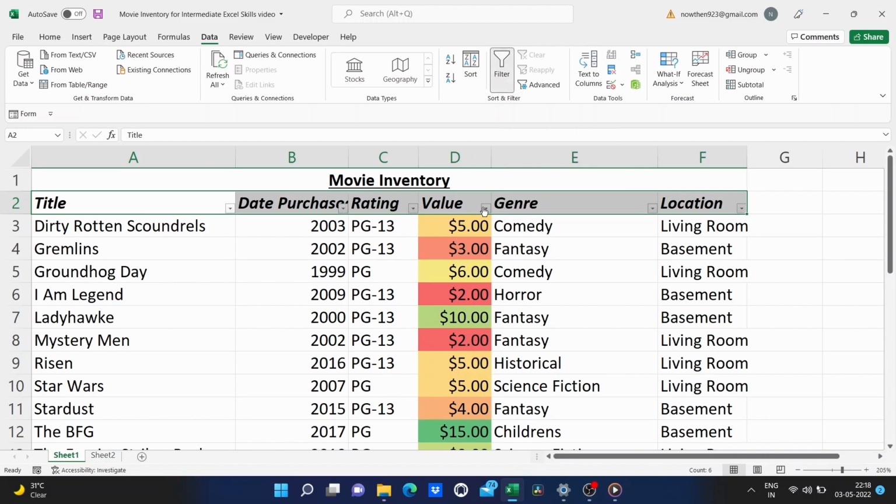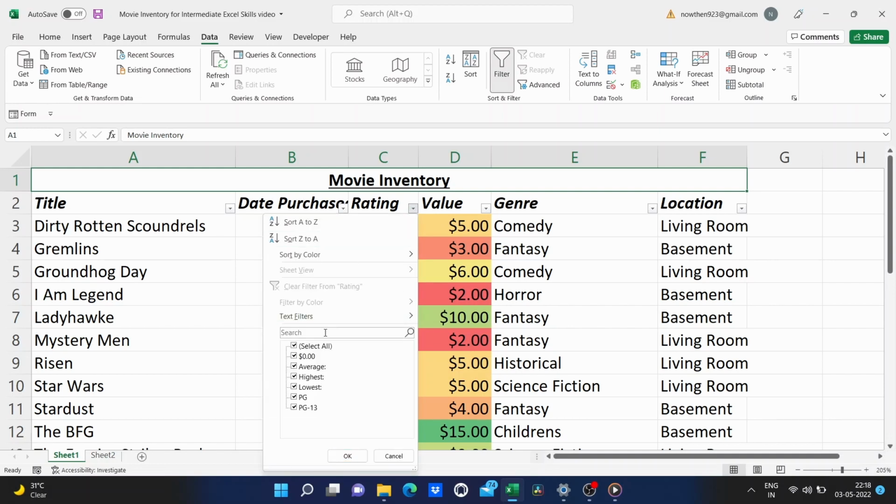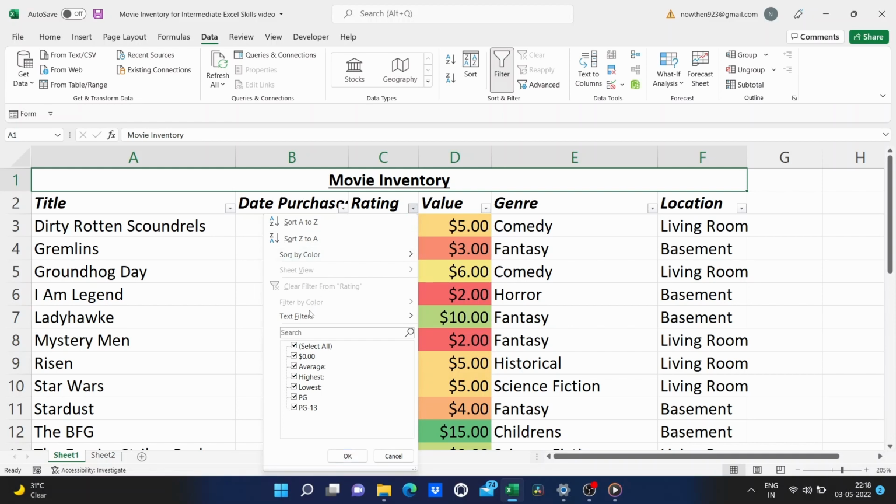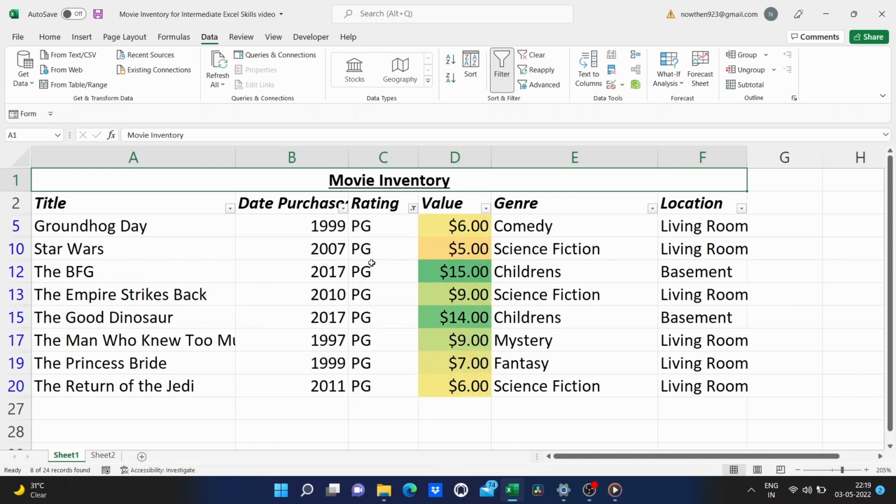And so what I'm going to use this to do is I want to eliminate all of the PG-13 movies. Let's say we're going to have a birthday party for a small child. I don't want to show a movie that would be too scary. I would go into ratings and click, and right now it's showing everything. Okay, so I want to deselect all and go down, and I just want to choose PG. That's the only one I want selected. Now if I had G movies, I could select those too, but it'll just stick with that.